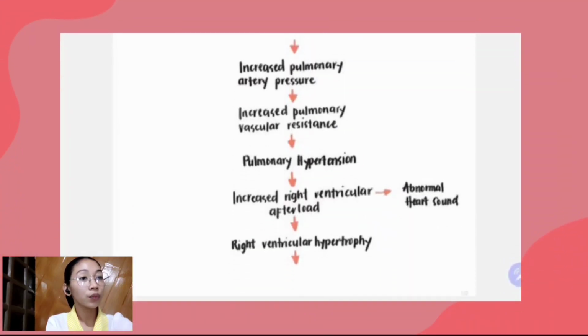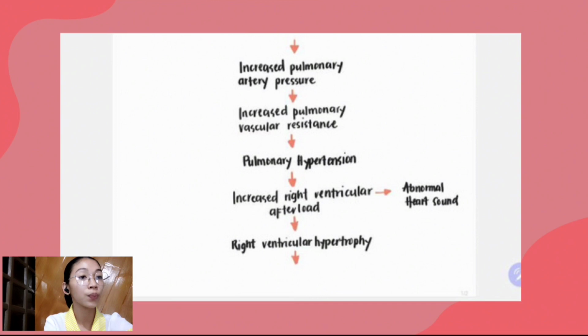Since arterioles from the diseased areas of the lungs vasoconstricted, the pulmonary arterial pressure from the right atrium to the pulmonary artery increases. This increases pulmonary vascular resistance, or the resistance against blood flow from the pulmonary artery to